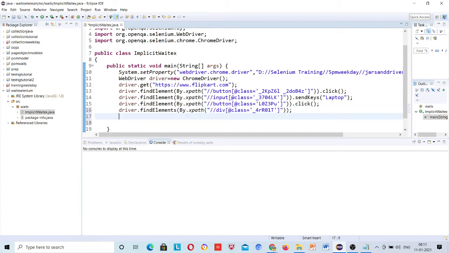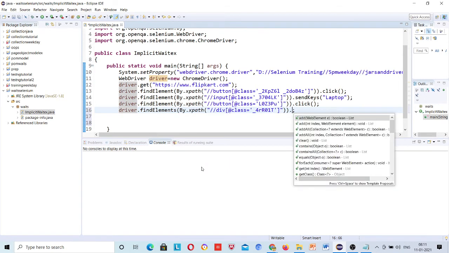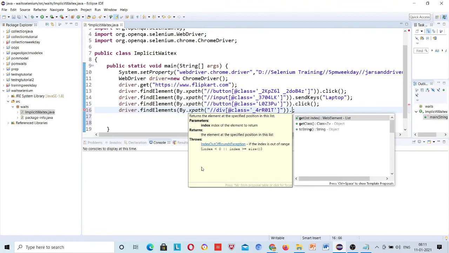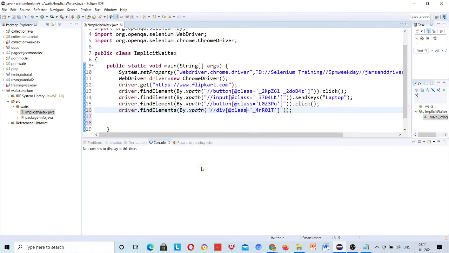Now after find elements, I have to get text from this, right? First of all you are getting web elements, so store inside a list of web elements, because you are getting multiple web elements. And what are those? Laptops list, right?